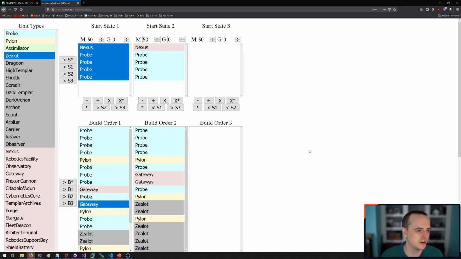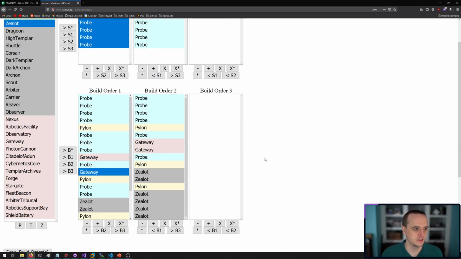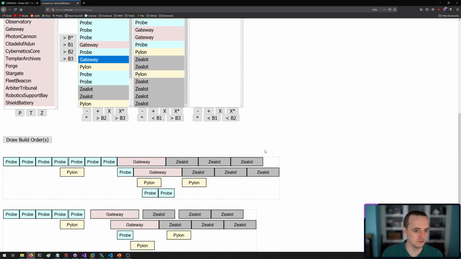Someone said, is there plans to have this also include timing based on unit creation time and estimated resource generation, or would that be a separate system? So no, this literally takes into account all the workers you have, how much resources they gather. So if you have more or less workers, they will gather more or less resources.